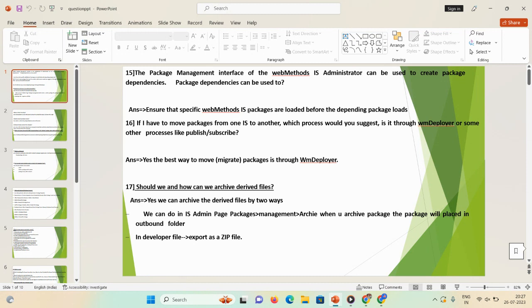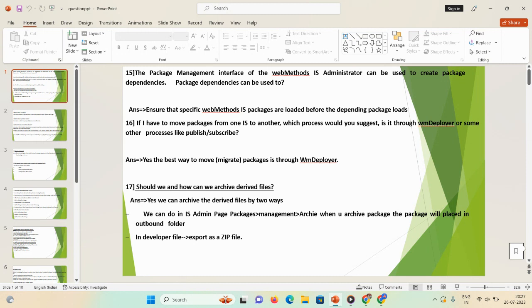Once you click on the particular package name, the properties option is there. Over there you can mention the package details, like the package and version, and you can submit the details. That way you can answer this kind of question.